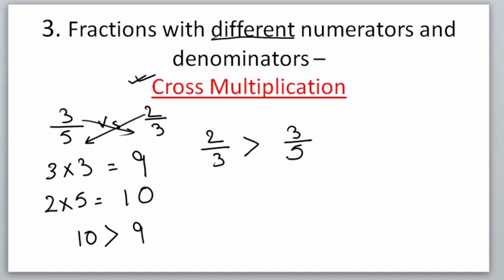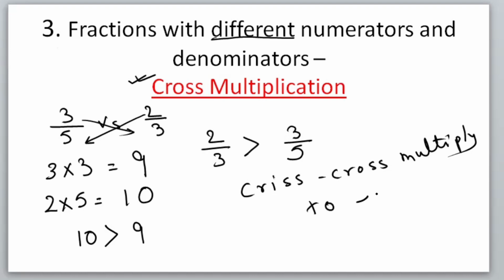Okay. So when the numerators and denominators are different, then we have to crisscross multiply to compare. We have to use the crisscross method, the cross multiplication. It says crisscross multiply